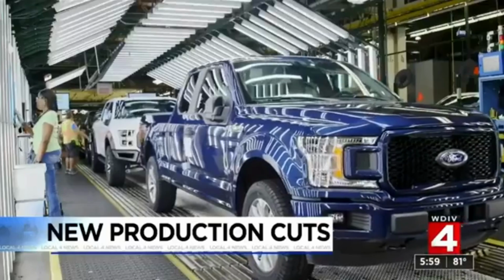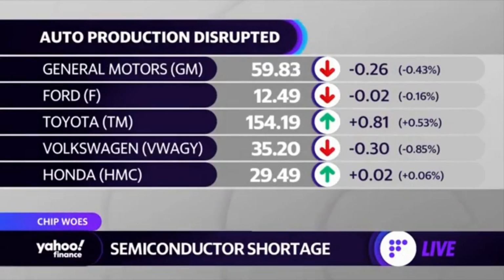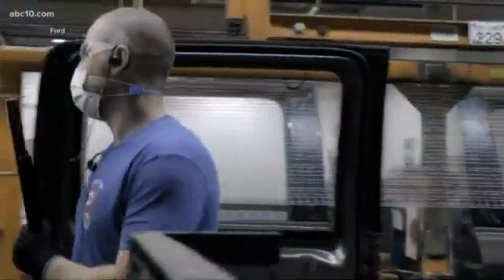The chip shortage. The computer chip shortage. In the face of a global shortage. Experiencing a computer chip shortage. And right now there's a worldwide shortage of...